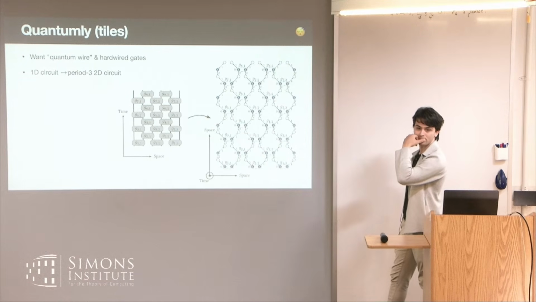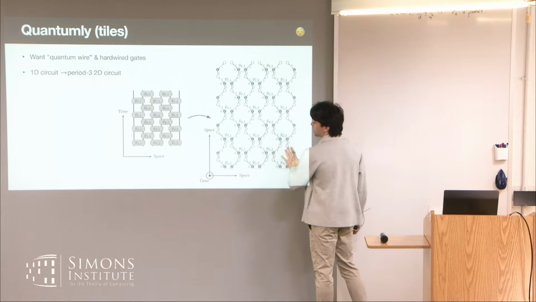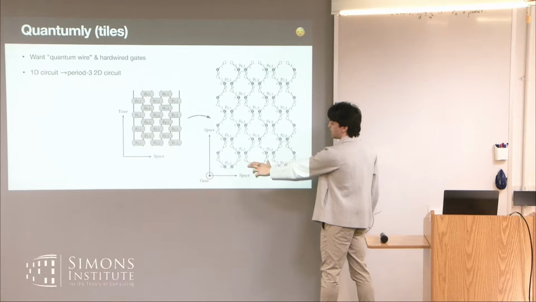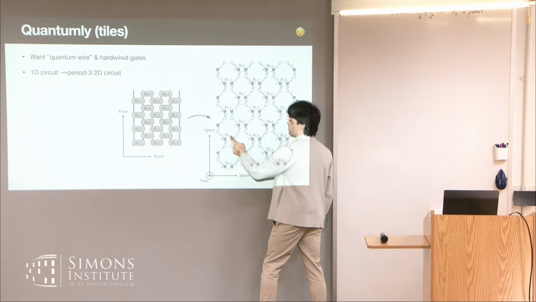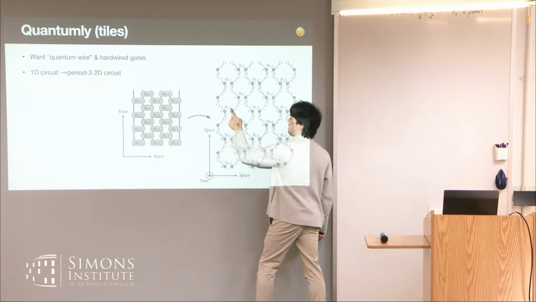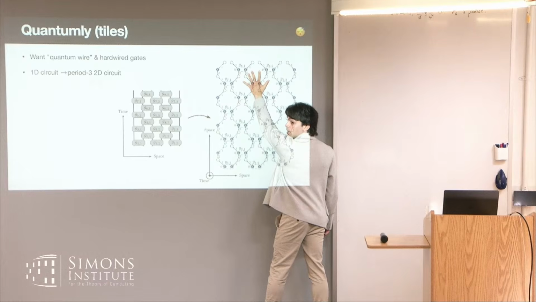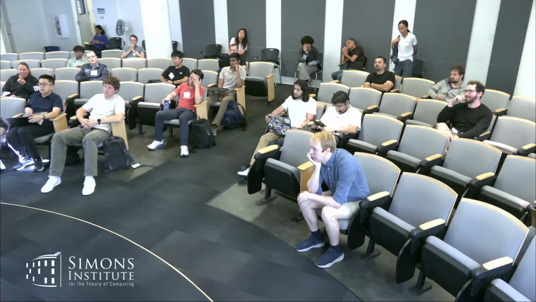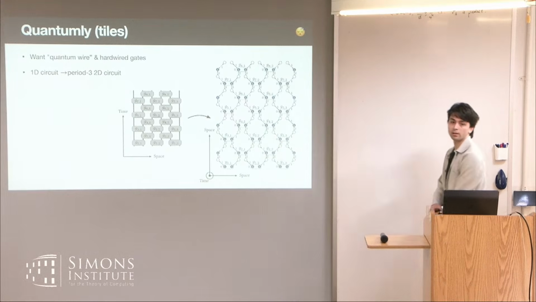I don't really see where the periodicity is, other than the fact that there are shapes. So in layer 0 of my period 3 circuit, I'm going to apply this gate at this location, this gate at this location, this gate at this location. Oh, you mean layer 0 in time? Yeah. So my data is going to be propagating forward. I thought you meant each period cycle was spatial. Okay. Great.